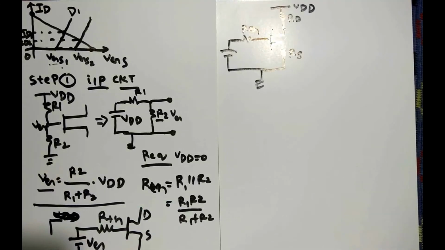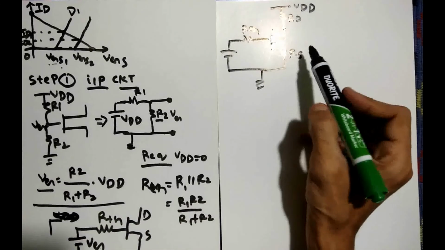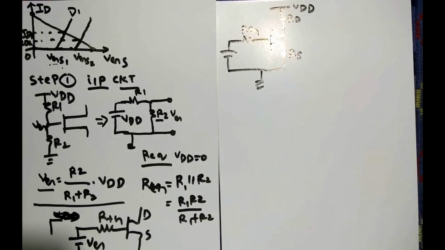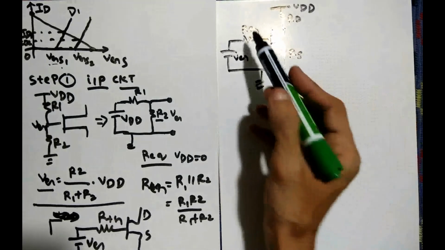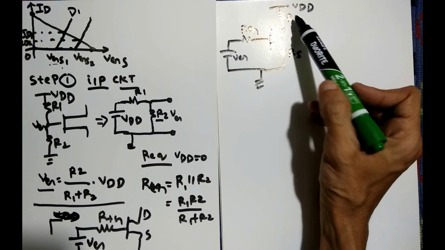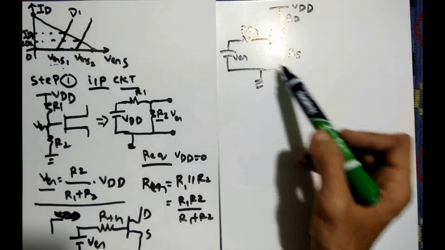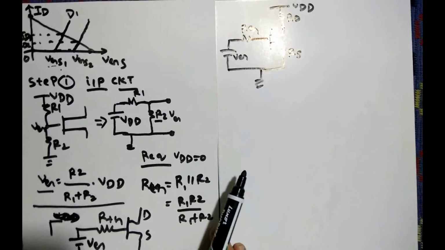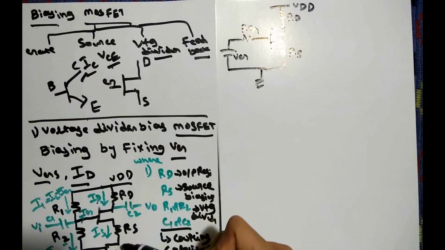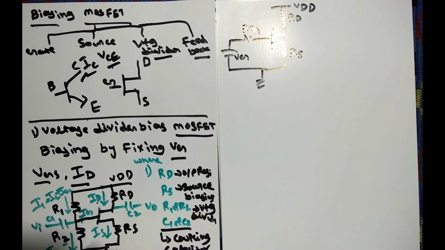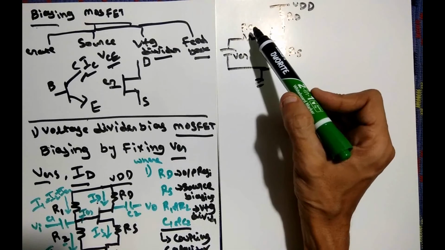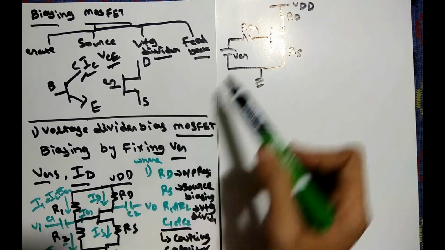After this step 1, we are getting an equivalent circuit something like that. So VG we are taking here, and RG or RTH, whatever you name it, and RD and RS. This we already have in the previous equation. Here we have RD and RS, and this portion R1 R2 we have taken in the form of RG or RTH, and VDD and this portion we have taken as VG.